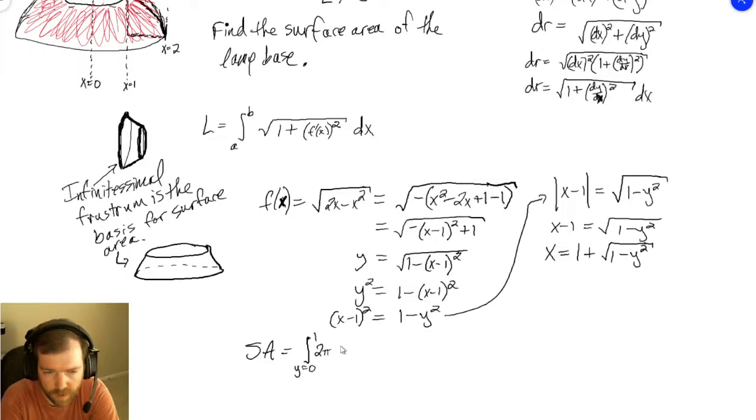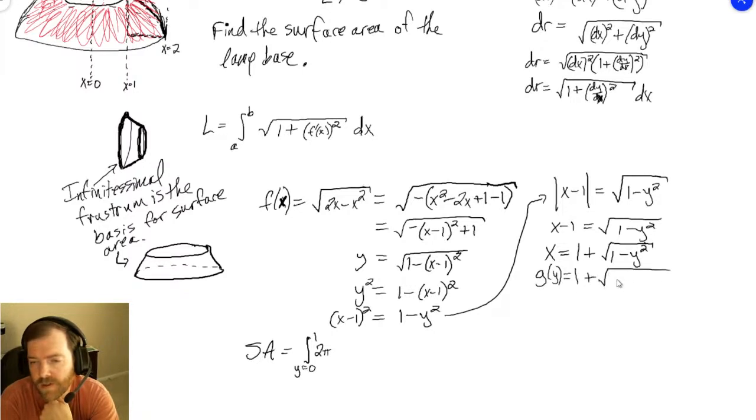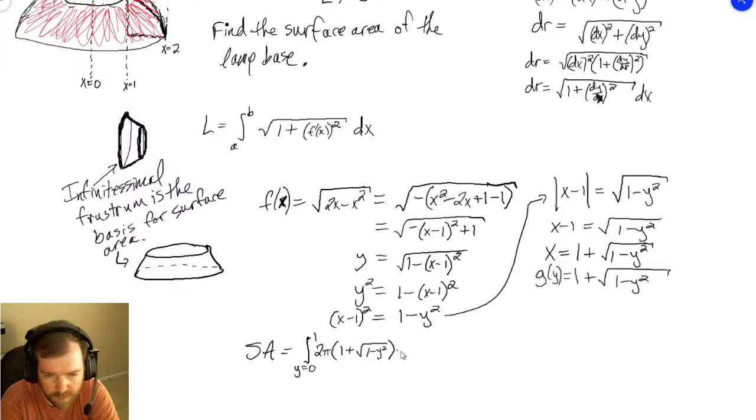Of, so we get 2 pi times the function itself, which is going to be g of y equals 1 plus square root 1 minus y squared. Times the square root of 1 plus, and here we want the derivative of this thing, g prime